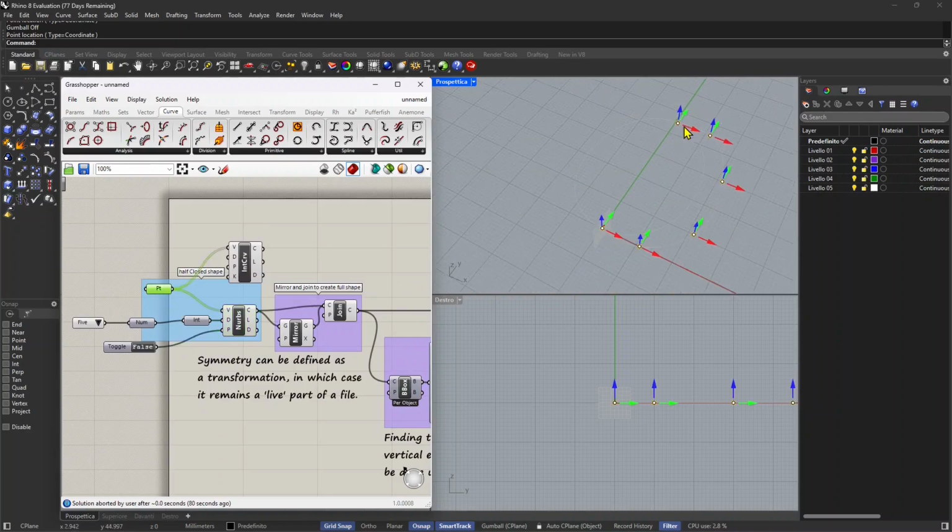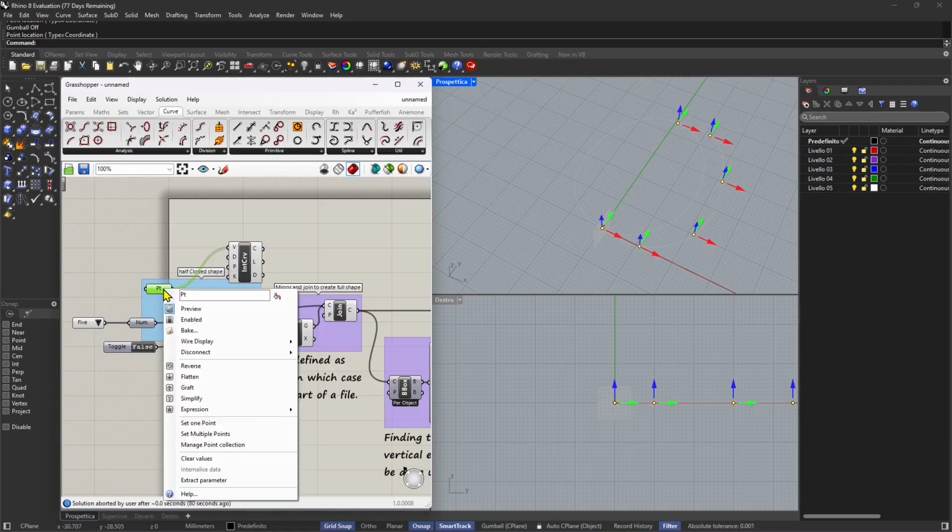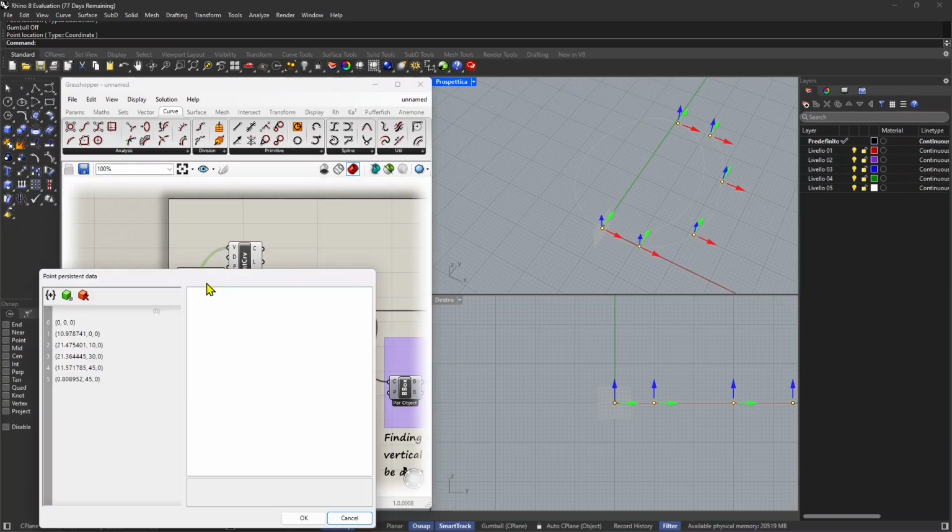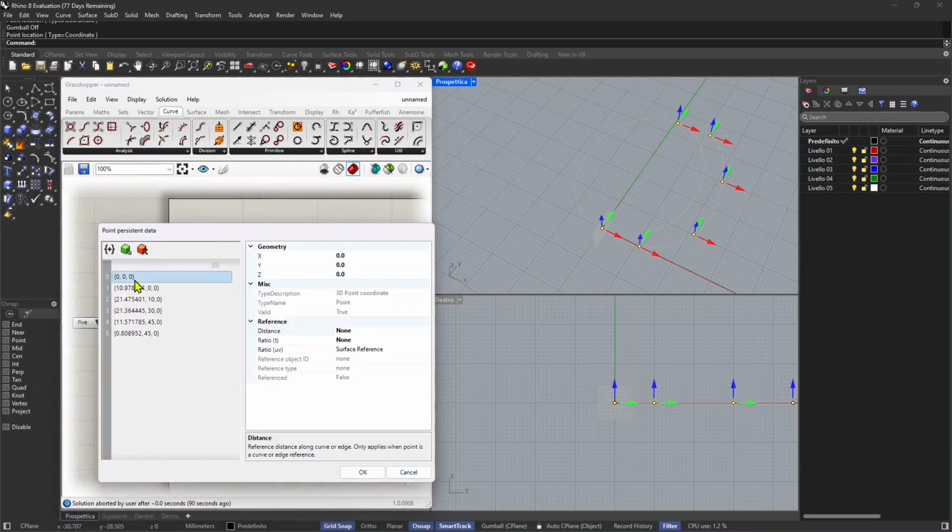Okay, so there's something problematic with that point, because that thing disappeared. So how do we manage this? We right click on the point and go to manage point collection, and this is a way you can enter and know more about the data contained in this node, and also how we can manage it. So if this one here is the last one, you can see it's not perfectly on the 0 x or x equals 0, and probably that's what's determining the problem, because